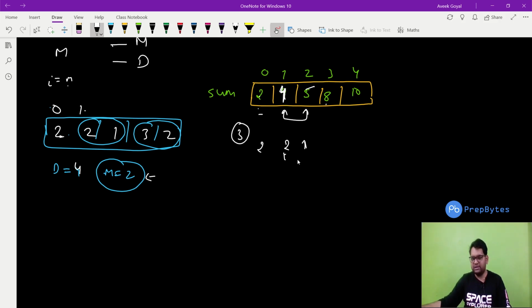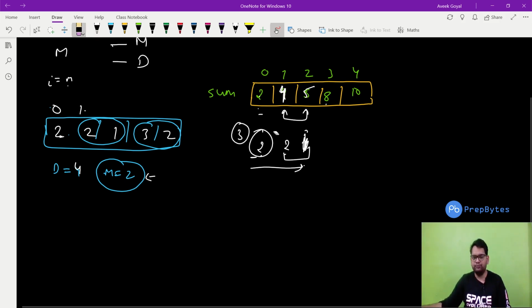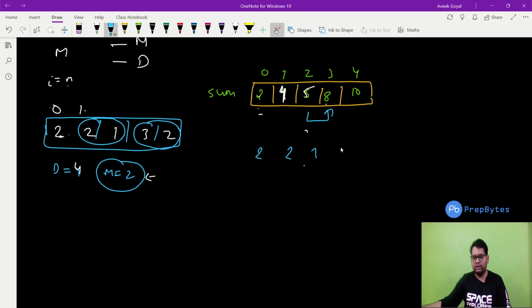So the sum of this particular segment is nothing but the total sum minus this. Just see it. The total sum till this index minus this. The total sum till this index is here 5 minus 2 becomes 3. So if we want to know the sum of this particular segment, it is 2 2 1 3. So the total sum till here minus the sum till here gives me the sum of 1 plus 3. Correct? The total sum of 2 plus 2 plus 1 plus 3, which is 8, minus the sum that